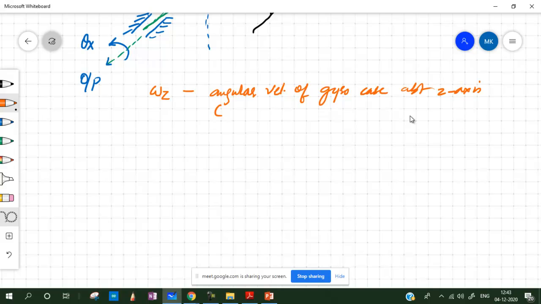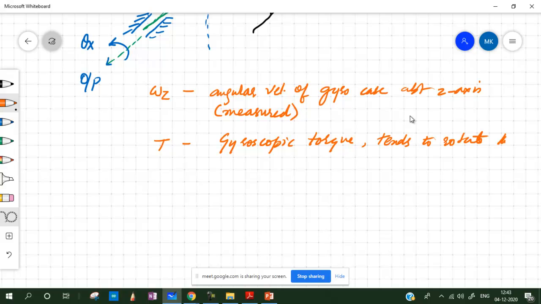This is to be measured, and then we have the T or tau, which is the gyroscopic torque. This tends to rotate the gyro case through theta x about the x-axis,